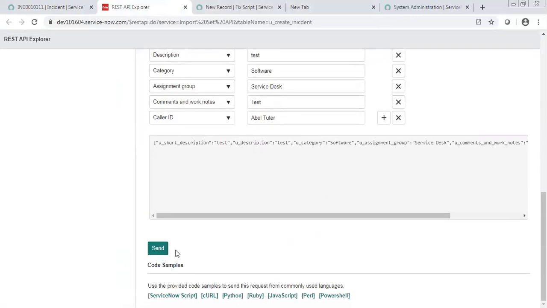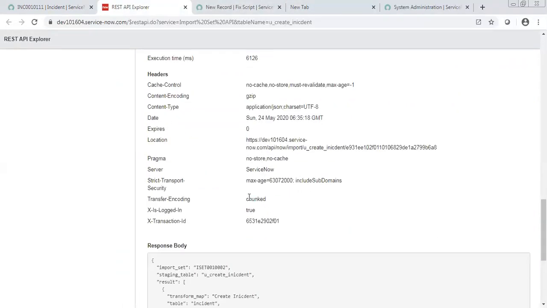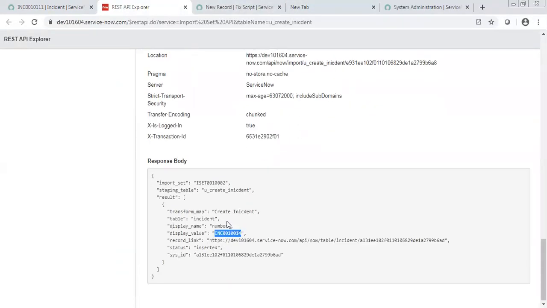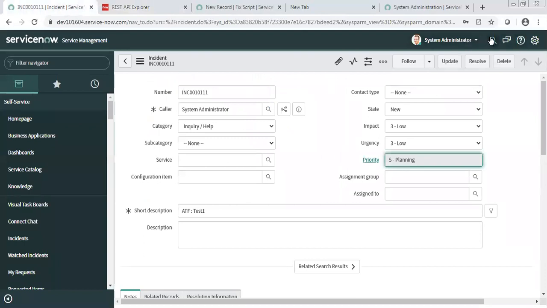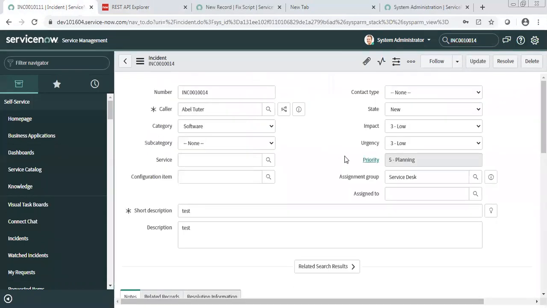Okay. Now what I will do, I will send it. See, it is giving the response: incident is successfully created, and this is the incident number. That means now your API is ready, the import set API. This one you can publish. Basically the work level and the like concept, all those things change when you come to the import set API. Getting my point? So this has been set as software.